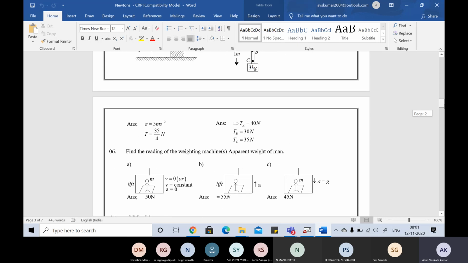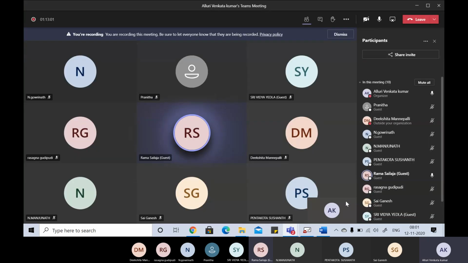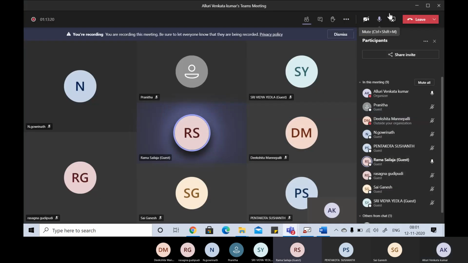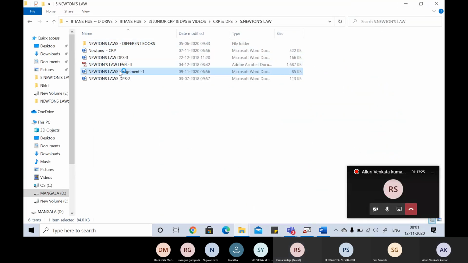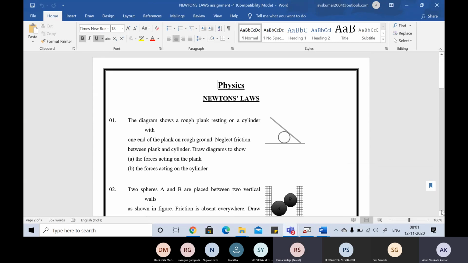Any other doubts? Anybody having any other doubts? Sir, I didn't get a question in the next assignment which you have given. Which assignment? Next one, normal forces acting on circular bodies. In that second assignment, you just have to draw the free body diagrams. Sir, in one of the questions, I got both the values as negative. Normal reaction? Yes, sir. Which question? Question number 9.